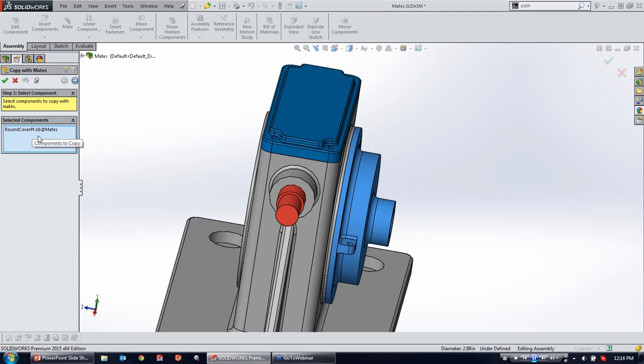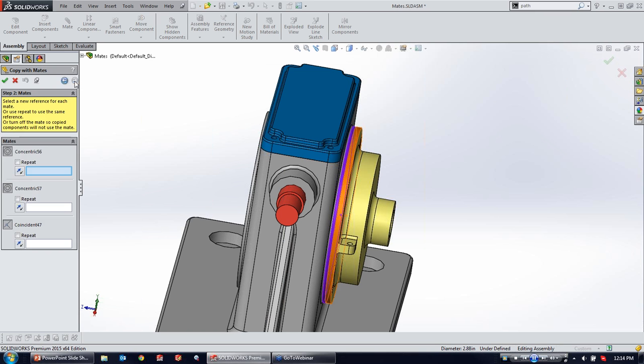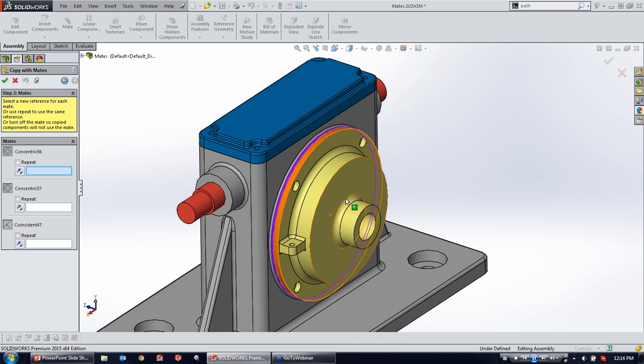And the first menu we see is the part that you want to copy. So for this one, it's going to be my round cover, and that looks good. And again, SolidWorks gives you the heads up to say, select the component you want to copy. Did that. Now I'm going to hit my next arrow up here that's kind of hidden. What the next arrow does is gives us new reference points for where we're going to apply this part inside our assembly. So the first one, and I will highlight it in orange for the new part where you're placing it, and purple is where it's currently placed,